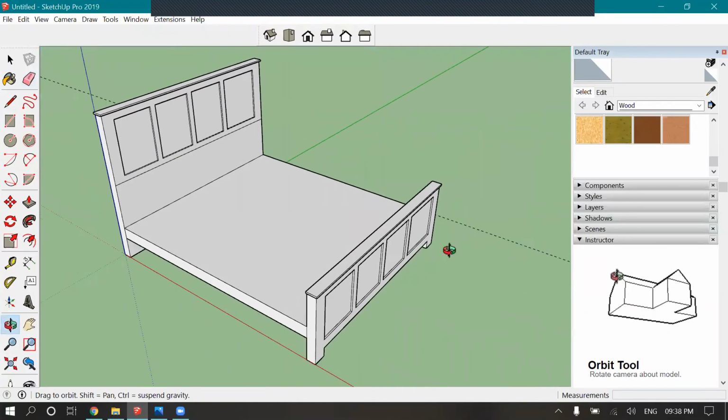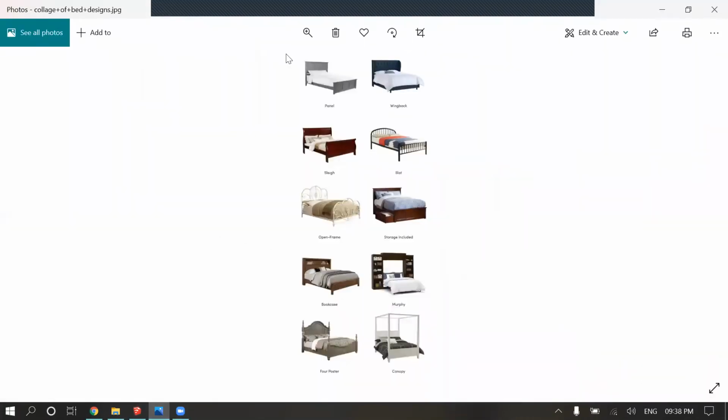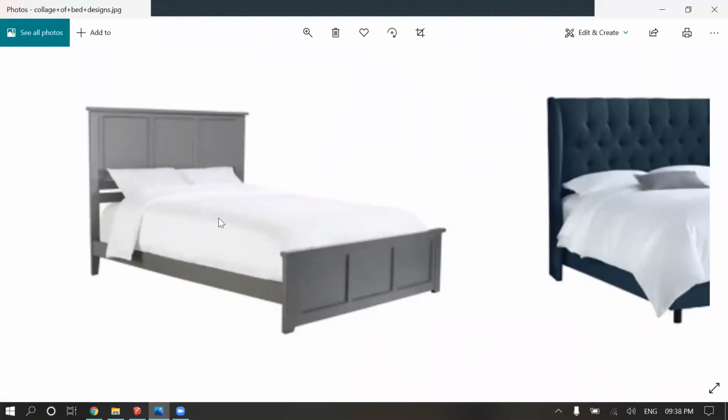So this is a brief model with respect to this. The mattress and other stuff, I will not be designing right now. It would take a bit of time because, personally, I don't design those works. Those are easily available on the net, like the bed, the mattress, the pillows. It will take a lot of time, first of all, and why work on it when I can get them from many other sites.